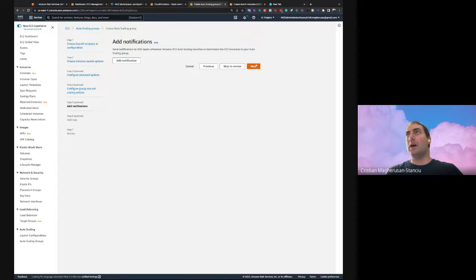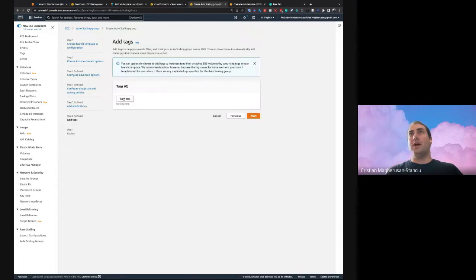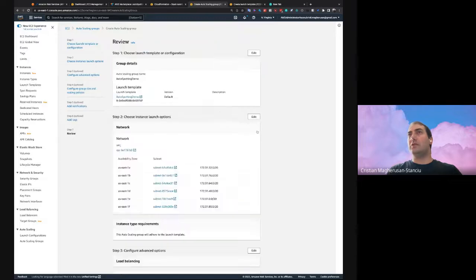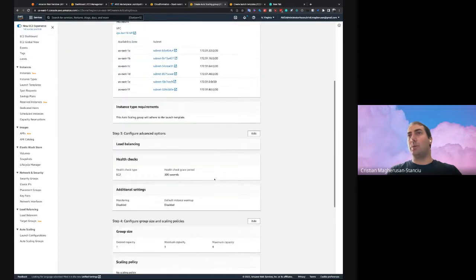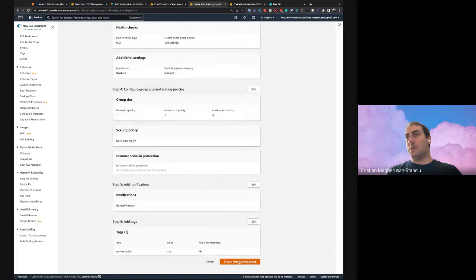Notifications we skip. And for the tags, as I said, we have spot-enabled, and we have to set it to true. We don't need to tag new instances. Once we do this and launch the group, let's see what happens.